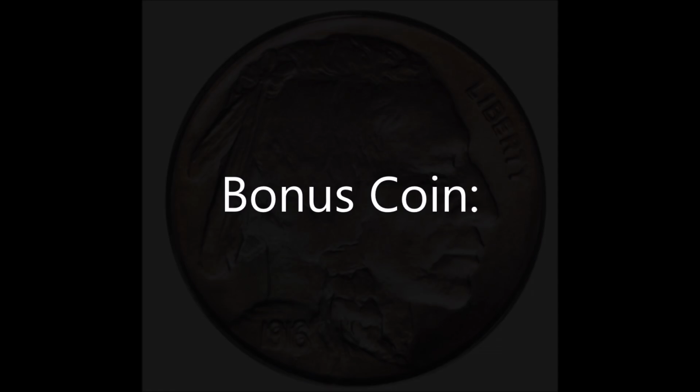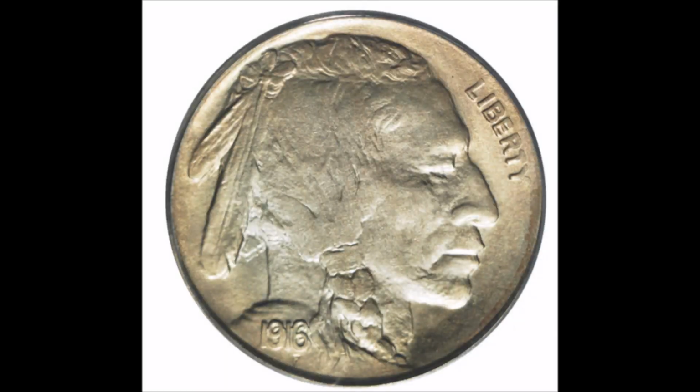Bonus coin. Okay, so I decided to go with a bonus coin for this one. I showed you 5 common date 1930s buffalo nickels. So I'm going to show you one that's not exactly a common date. This is a